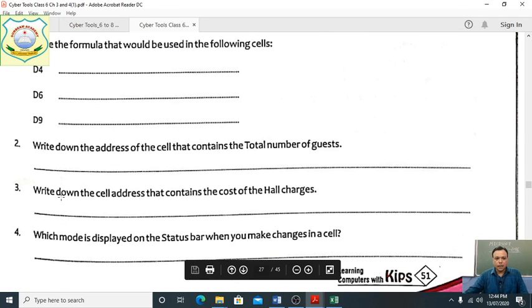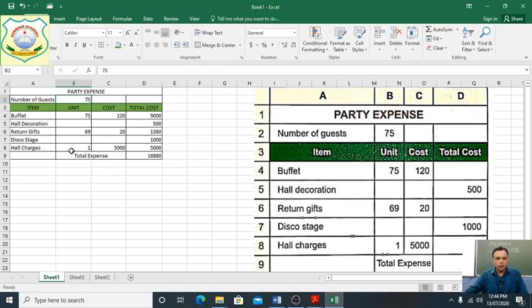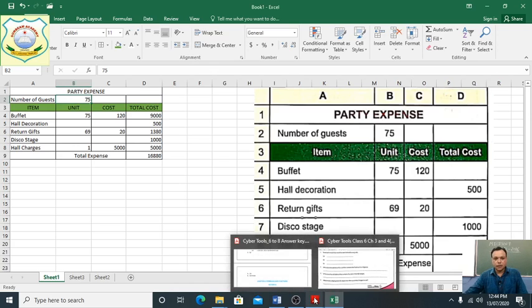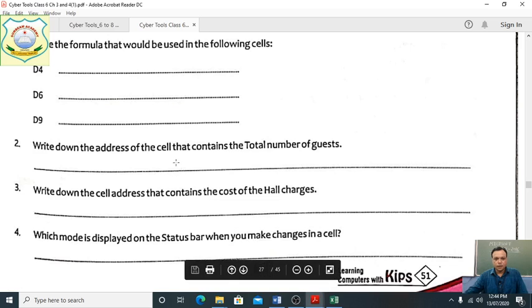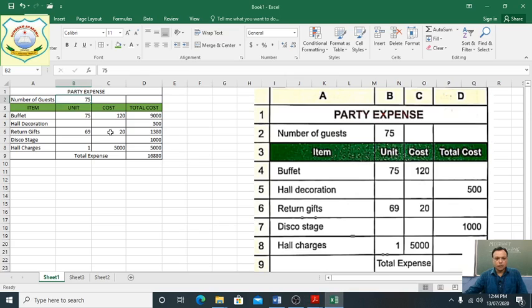Next one is asking: write down the cell address that contains the cost of hall charges. Hall charges, cost of hall charges, not the total. You can see here for hall charges, the cost is given in C8, but the total cost is given in D8.